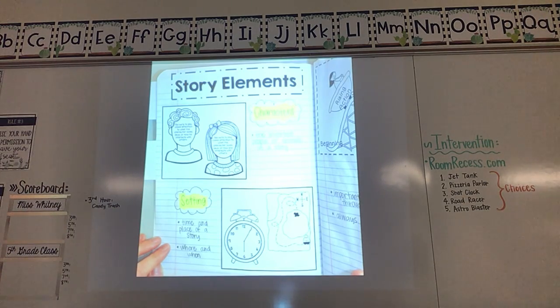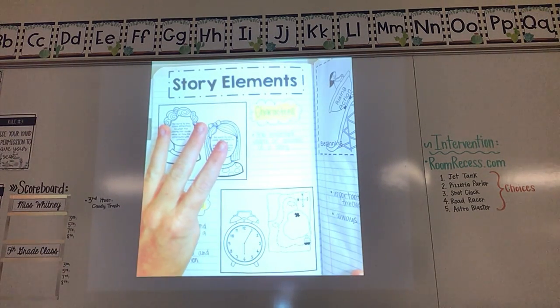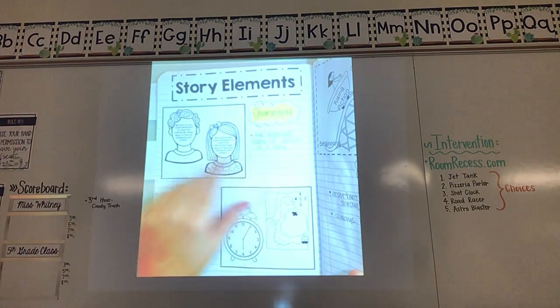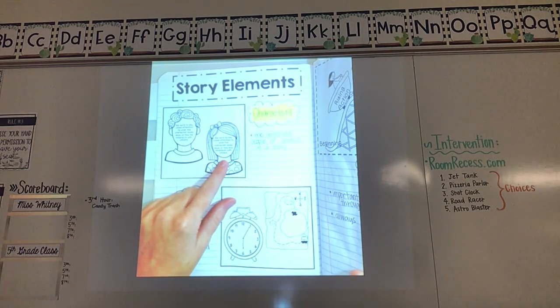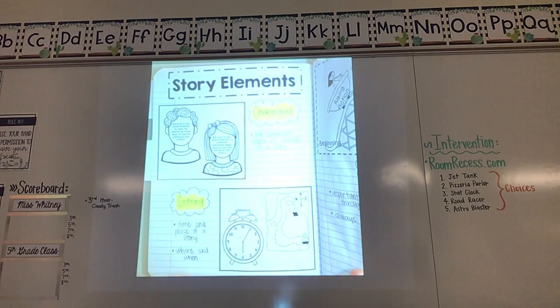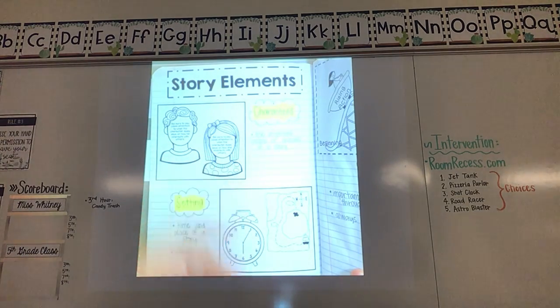So our skill from last week was story elements, and story elements consists of 3 different things. The first thing is characters. Every story has characters. And remember, the characters can either be people or sometimes they might be animals. A lot of times we read books where dogs are the main character. So last week we worked on saying who the main characters were and then saying a little bit about them, like using words to describe them, character traits like helpful or kind or mean or polite, those types of words